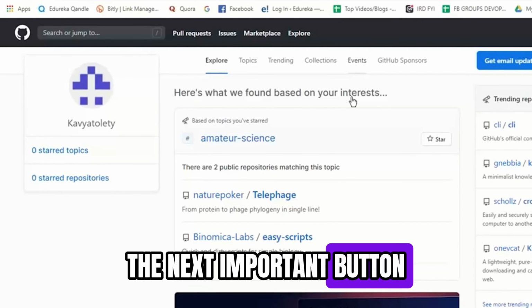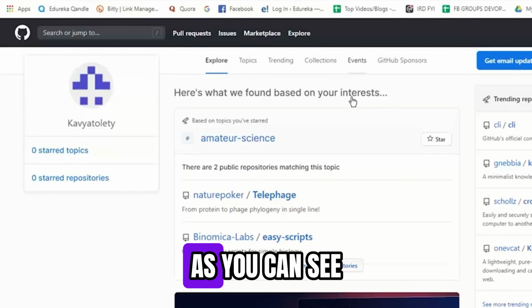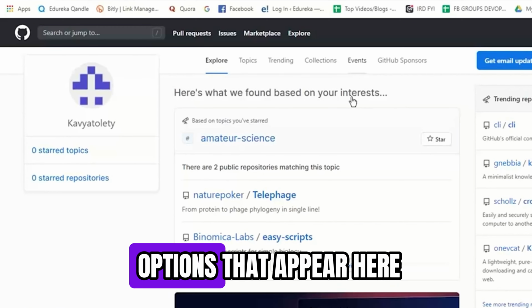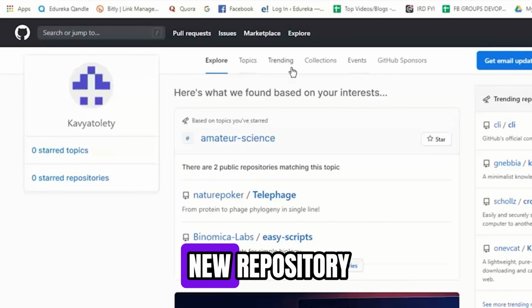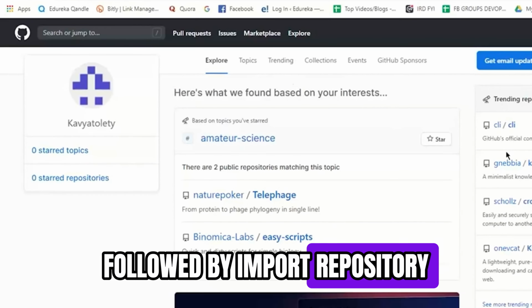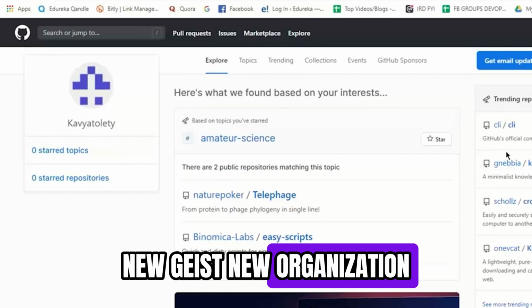The next important button is this plus icon. As you can see, there are 5 drop-down options that appear here. The first one being New Repository, followed by Import Repository, New Gist, New Organization, New Project,